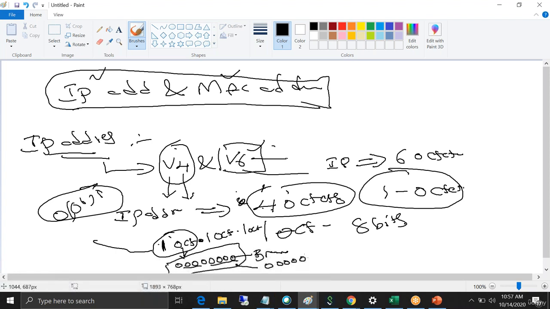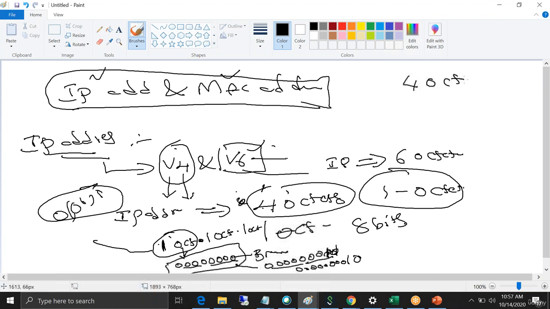0 0 0 0 0 0 0 0 1 4. So like this, so not this one. And the next value is 0 0 0 0 0 0. This one is 1 and this one value become a 0, like that. Okay. Any IP address you are representing in a